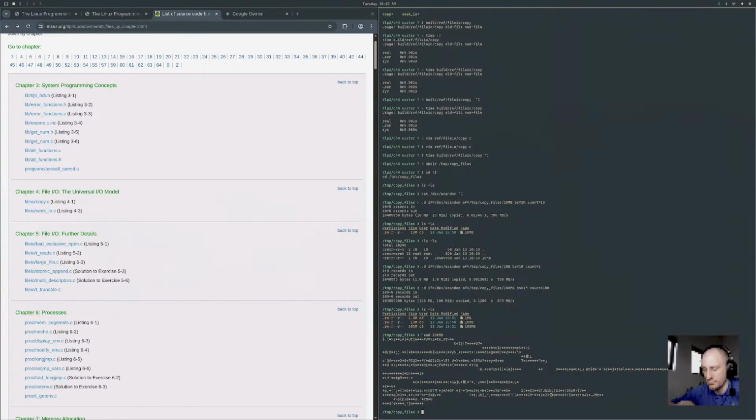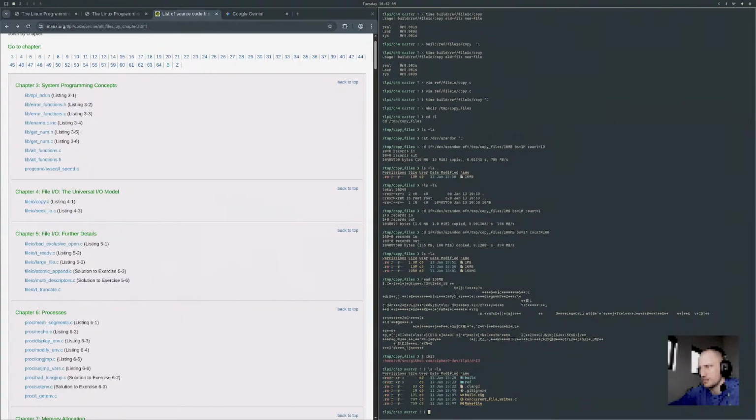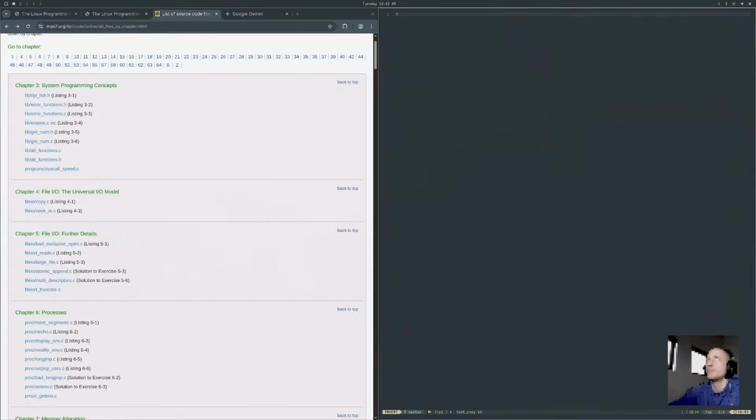Now we want to experiment with different buffer sizes. You can set the buffer size when compiling a program. So I'm going to jump over to chapter 13, and then here I'm going to just write a script called test copy.sh. #!/bin/bash, and we're going to say our